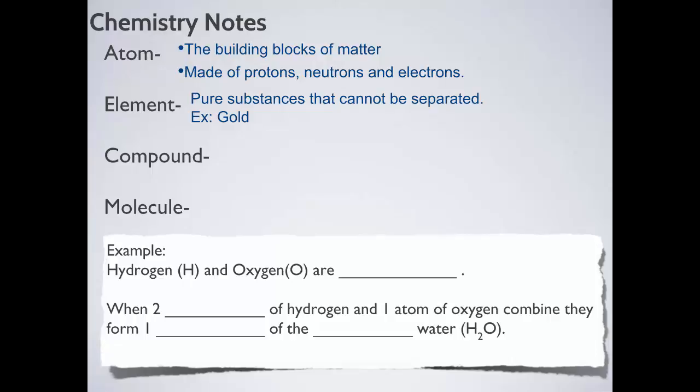Compounds, on the other hand, are when you have two or more elements bonded together, forming a unit. So what are some compounds we have talked about? Emma? Steel. Yeah, steel is an alloy. It's a little different. Priscilla? Water, carbon dioxide, glucose. All those things are compounds. They're made of two or more elements.